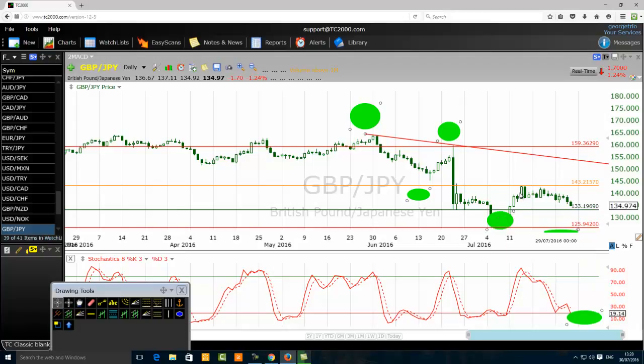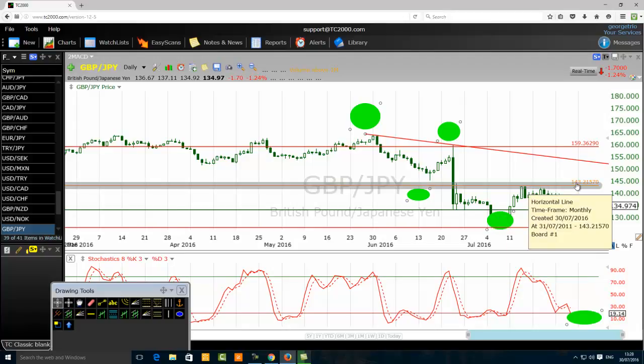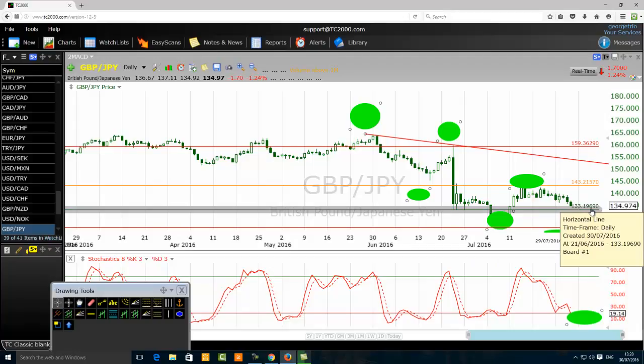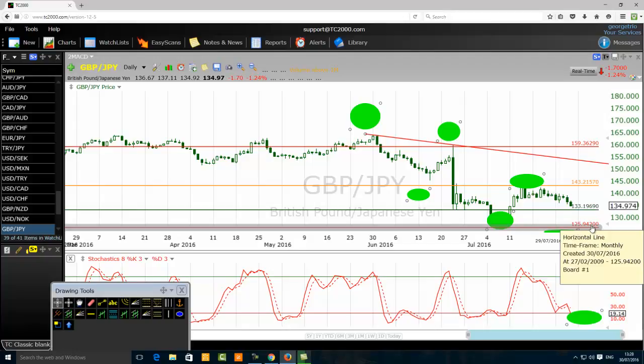The price goes up. Now it hits the median line at 143.21. Now the bearish traders are not giving up, and they are selling again near the median line, and the price is going down. But there is a support here at 133.19. So if you want to buy, the best place to buy at a low risk entry point is at 125.94,